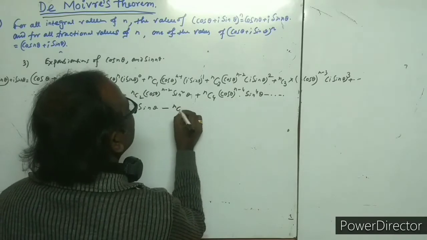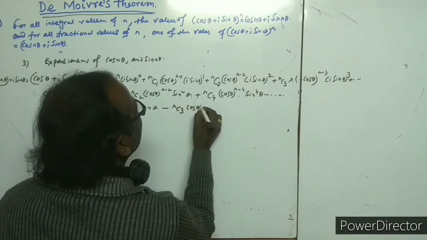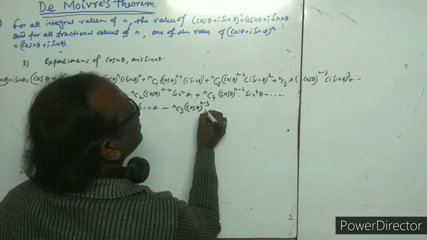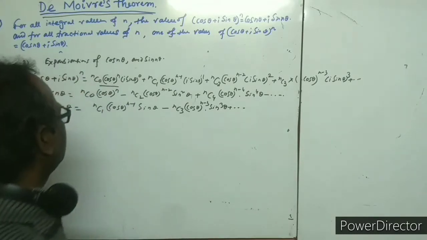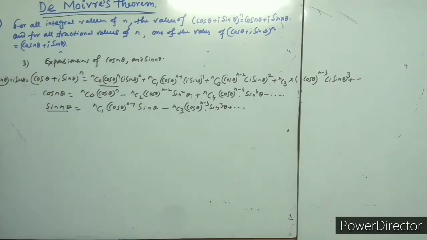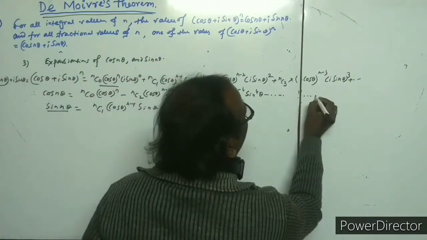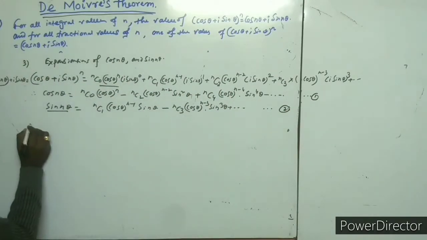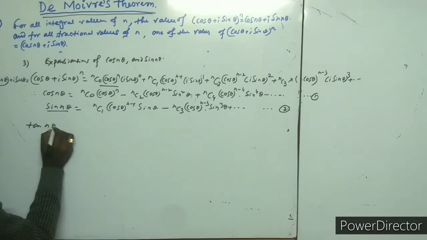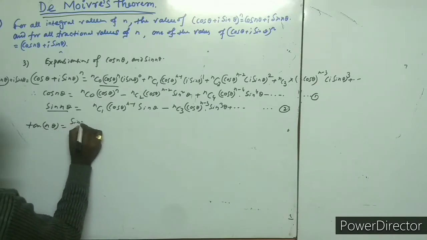That is minus nC3 cos theta to the power n minus 3 and sine cube theta. Invert this relation. See carefully, the expansion of cos n theta and sine n theta is this. From this, we can easily expand tan n theta. This is 1 and this is 2. So now find the expansion of tan n theta,